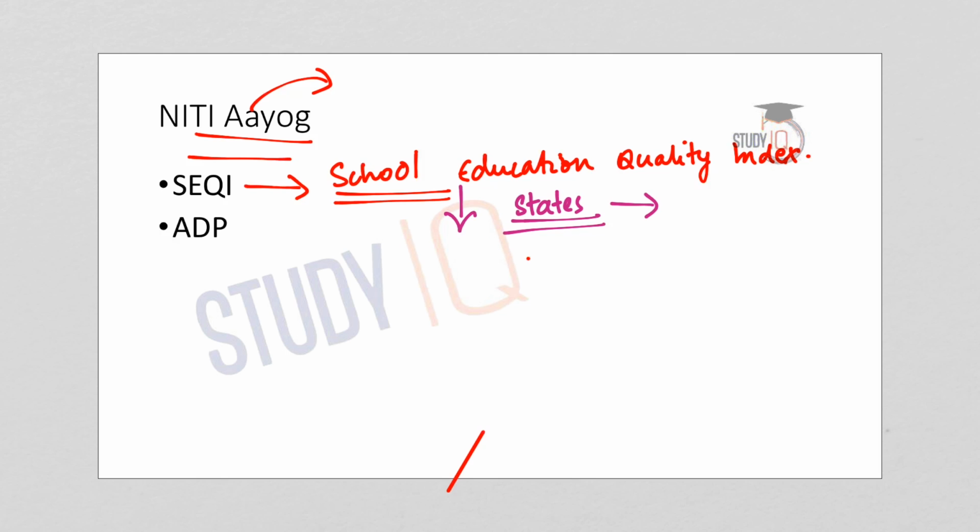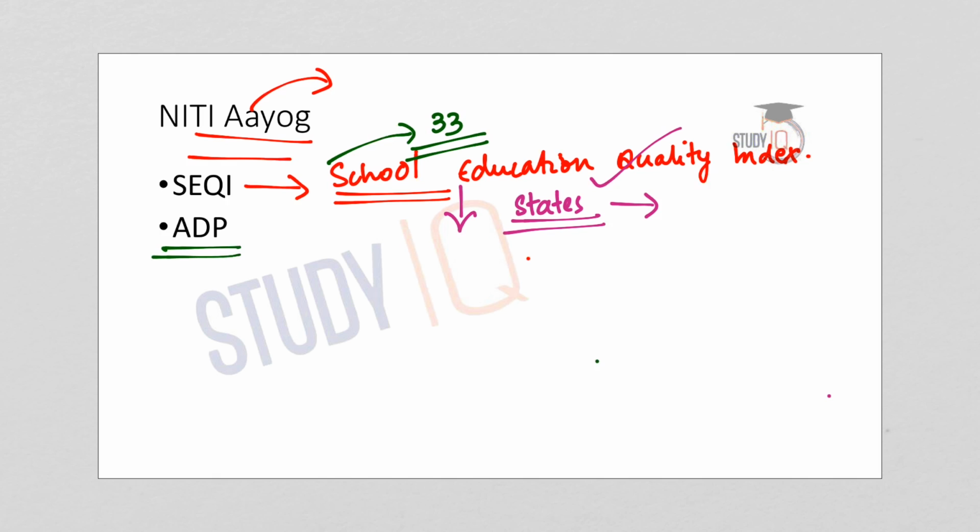Now in case of the Haryana model, what we have seen is that the Haryana model of Saksham has brought in a sense of competition among various administrative units in the state itself. But the School Education Quality Index by NITI Aayog has brought in a competition among various states. And SEQI uses 3 data sources, which includes the National Achievement Survey. And there are 33 indicators in order to measure the education outcomes. And finally, this will encourage competition among states and motivate other states to improve consistently.